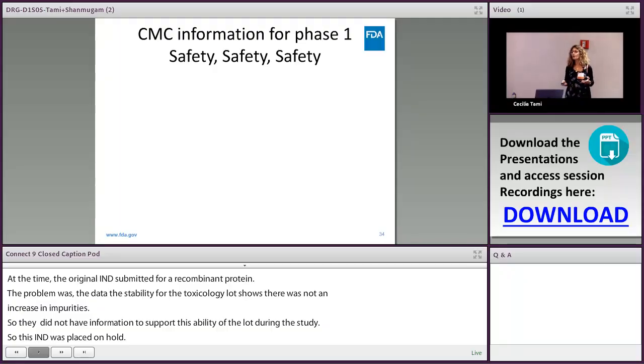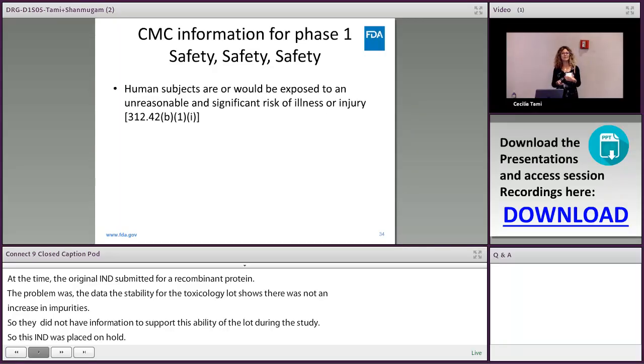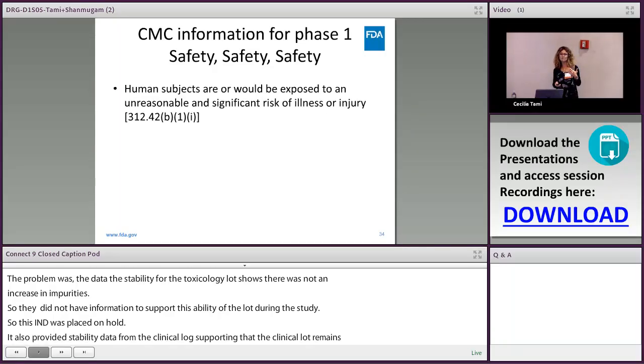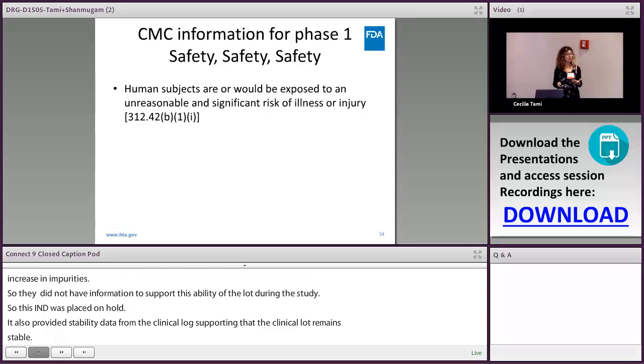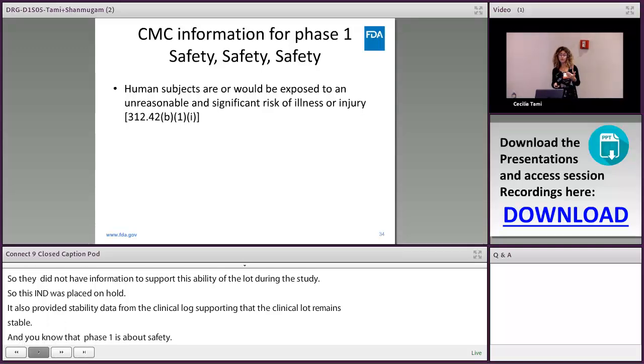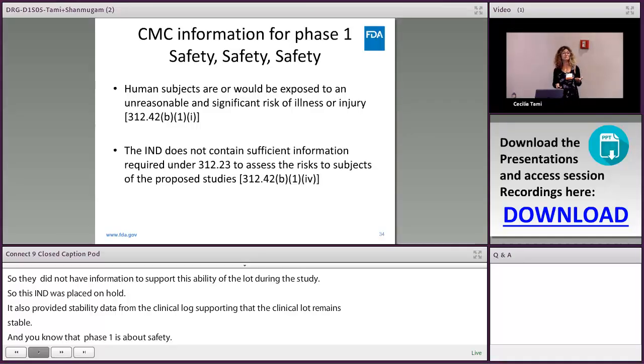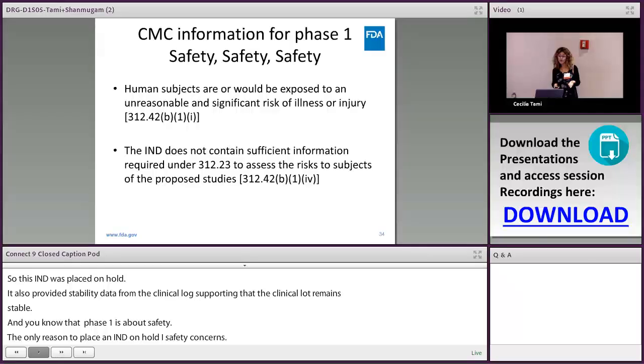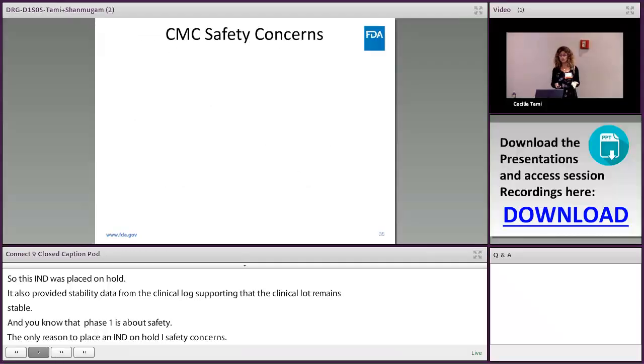Well, you all know that phase 1 is about safety. The reasons to place a phase 1 IND on hold are safety concerns. And those could be that there is not sufficient information to assess the risk to subjects, or that the information does not ensure that humans are not exposed to unreasonable risk. So from a CMC perspective,